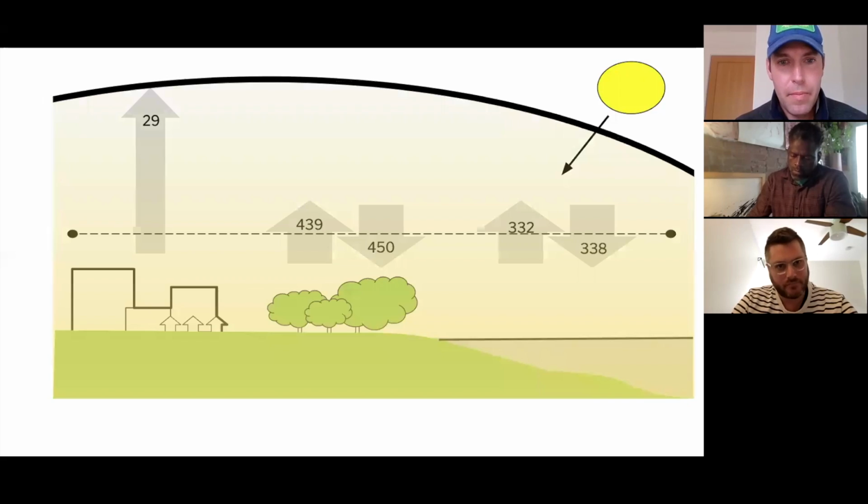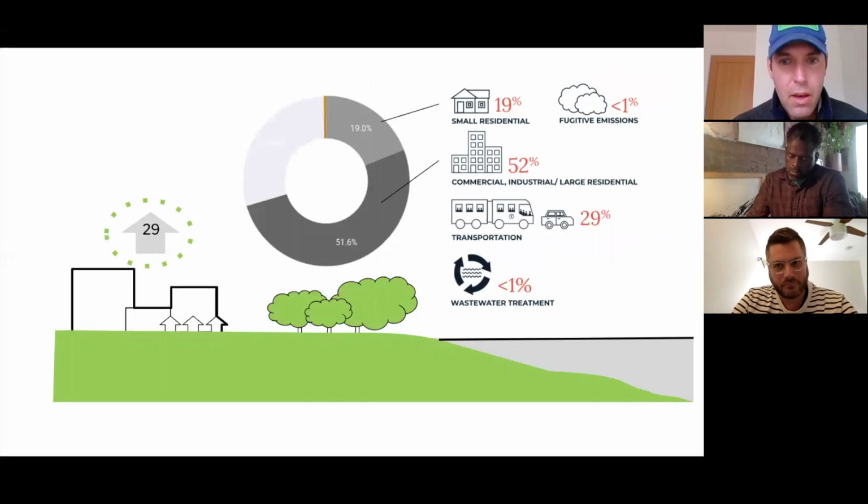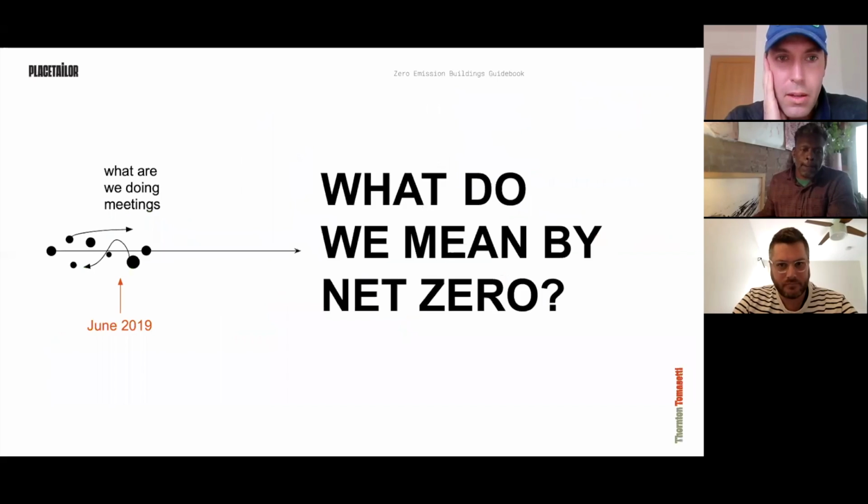Next slide. With that imbalance, we increase that greenhouse effect. We're now taking all that heat from the sun, we're capturing it, it stays inside. Next. And the impacts of that, of course, are things like melting icebergs, sea level rise, increased storm events, all things that we're already feeling very much so here in Boston. Our office is in the Seaport, and some of the pictures from that bomb cyclone that happened recently were a